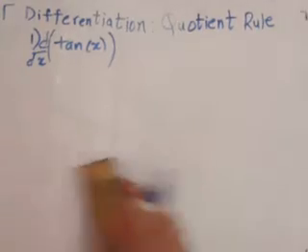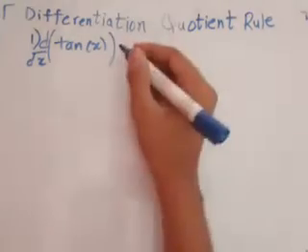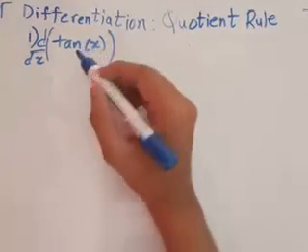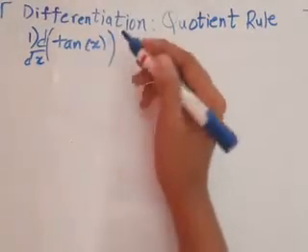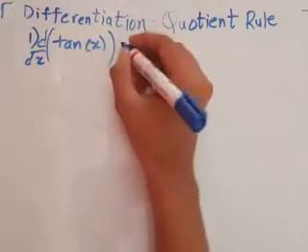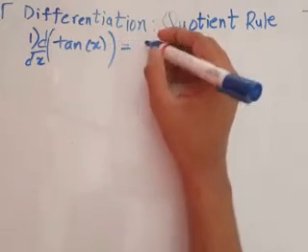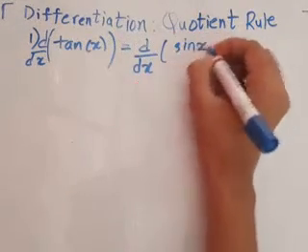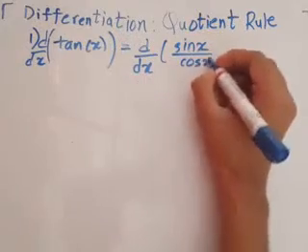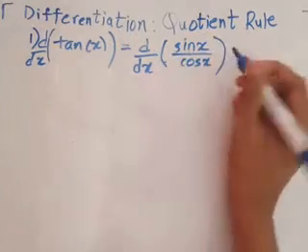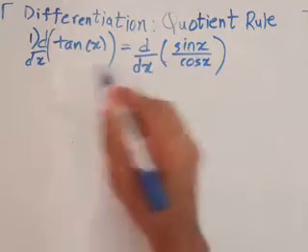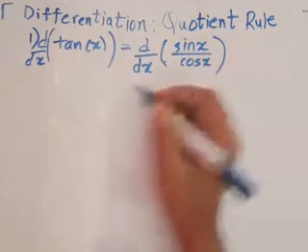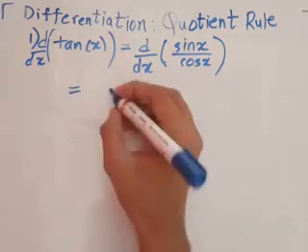So here I want to find the derivative of the tangent of x, and there's no simple way of finding this formula except if you realize what the tangent of x actually is: just sine of x upon cos of x. So this is actually what the tangent of x is. And now of course we have a quotient, so I can evaluate this as